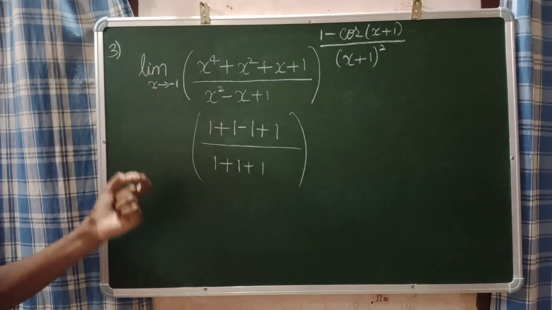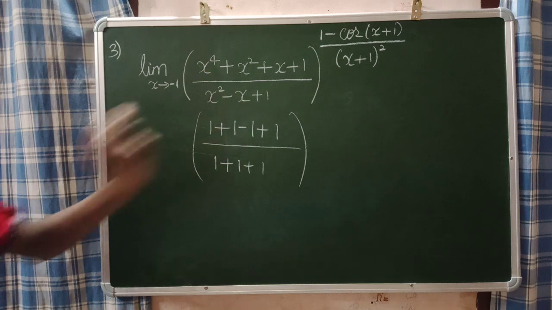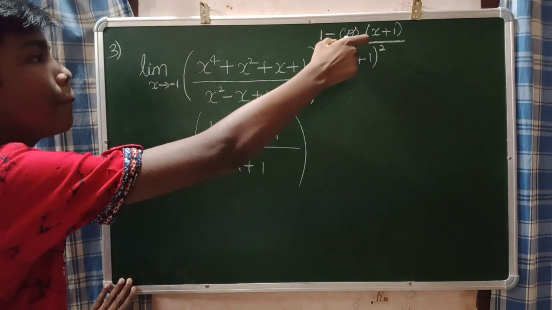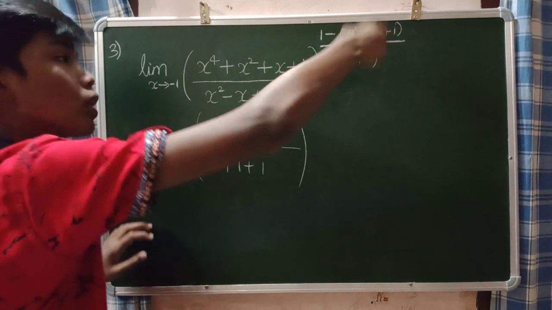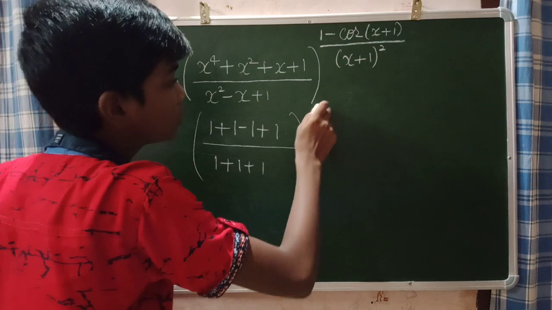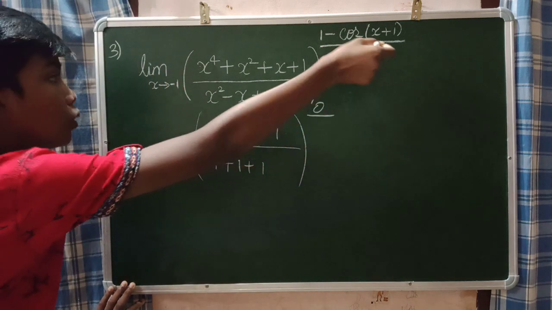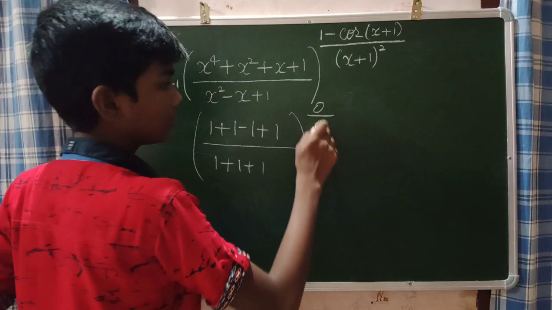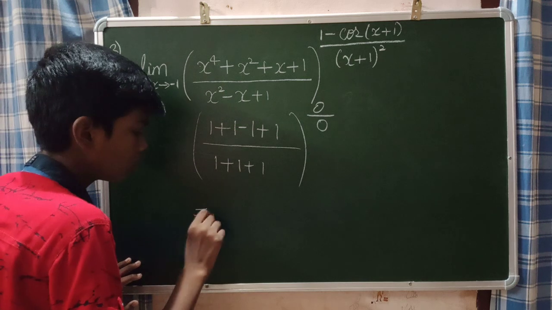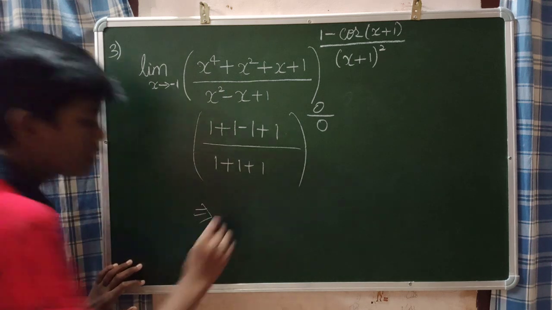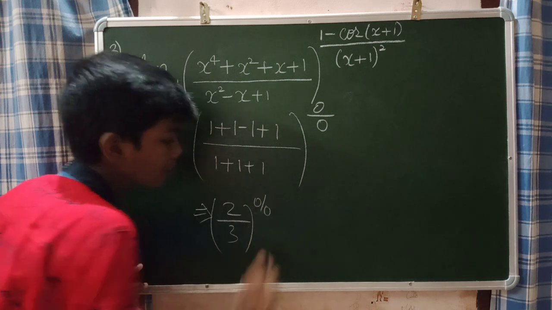Now this is what the base will give us when you put x as minus 1. Now what will be our power? That will be 1 minus cos of minus 1 plus 1, which is 1 minus cos 0. So 1 minus cos 0 is 1 minus 1, which is 0 only. The numerator is 0. Then our denominator, minus 1 plus 1 whole square, will be 0 only. Now see here guys, the base value will be 1 plus 1 minus 1 plus 1, which is 2, divided by 3, to the power of 0 by 0.